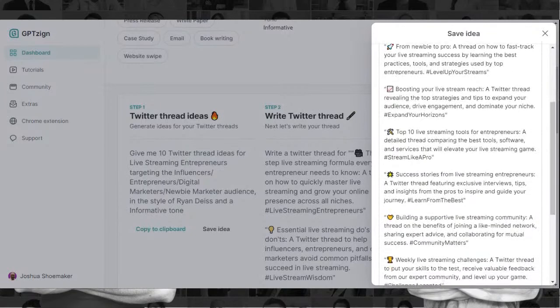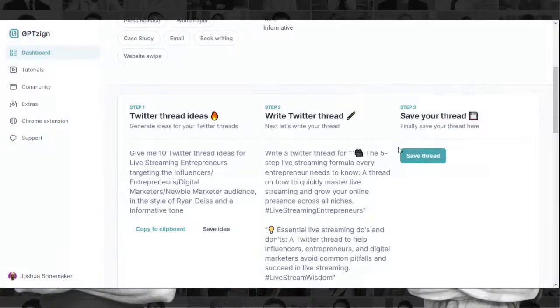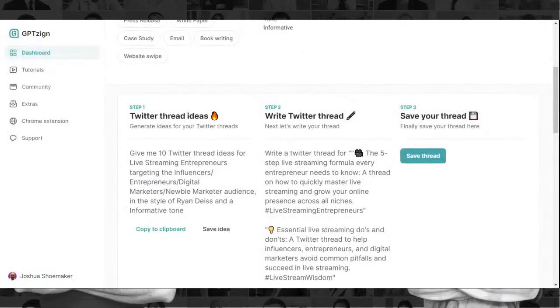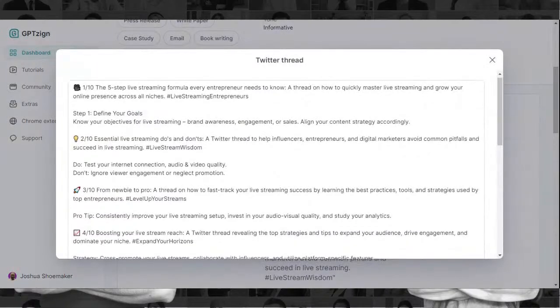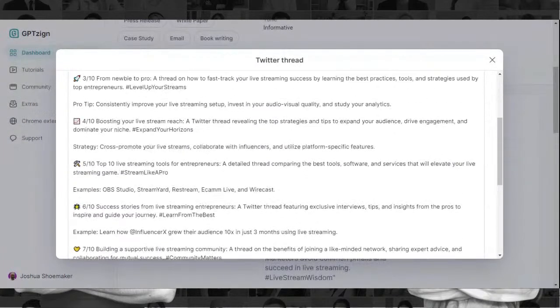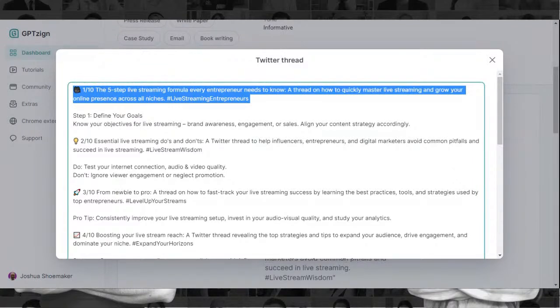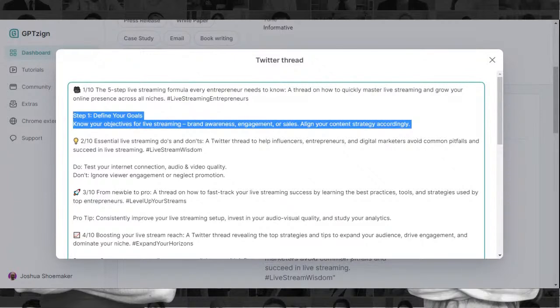Look what it just did. Boom. Okay. And then you take that, blah, blah, blah. And what you're going to do is ask it, write a Twitter thread for blah, blah, blah. And then the end result is this. Just like that. Okay. Now, this is a Twitter thread. So you don't paste all this in Twitter, but here's the first one. You take this first one, boom, put it in Twitter. Take the second one, boom, boom, boom, boom, boom.